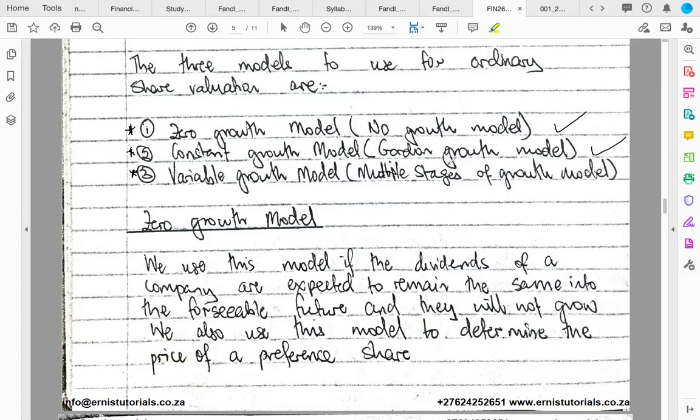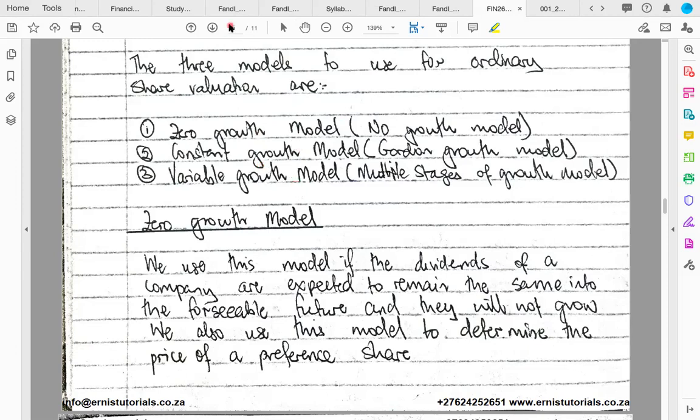There's the constant growth model, also known as the Gordon growth model. And there's the variable growth model, also known as the multiple stages of growth model. So these are just three types of models that you can use. If you go on and study finance and investments later, like at third year and honors, you'll find that we can extend these models and study them further. But for the purposes of FIN2601, we have three models that we can use to determine the intrinsic value of